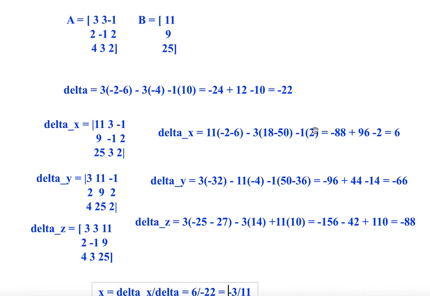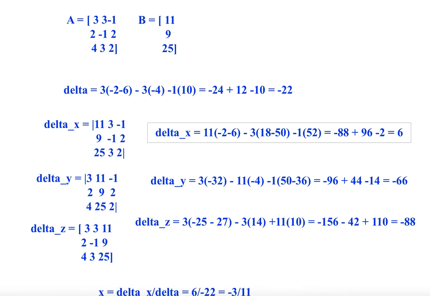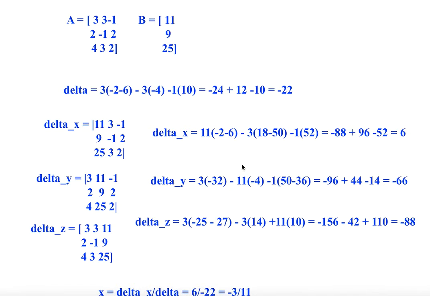27 plus 25. How much is it? 52. Negative into negative is positive, right? So 27 plus 25 is 52. So now you have to write 52 here. I will tell how to verify also after this. But by looking at these numbers, I got a doubt that delta x has a problem. Now we sorted it out.